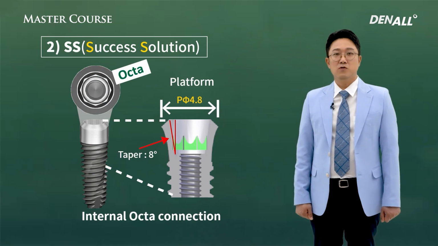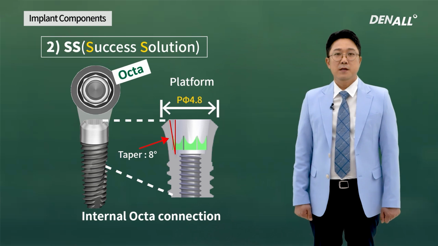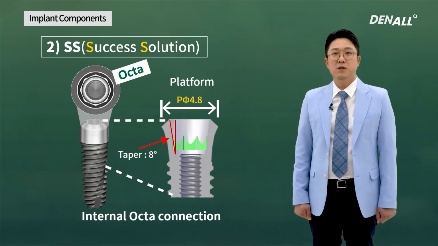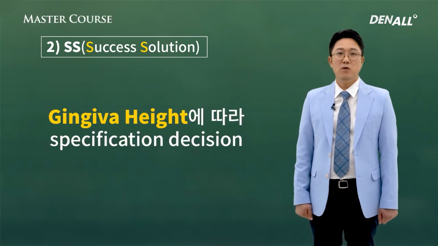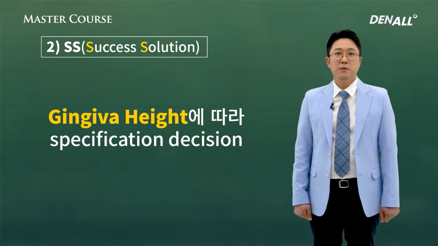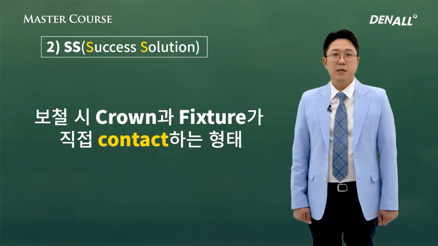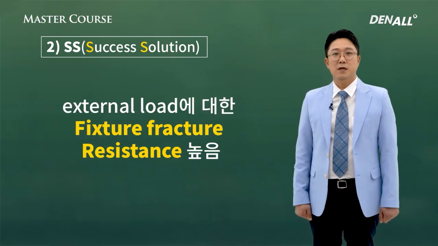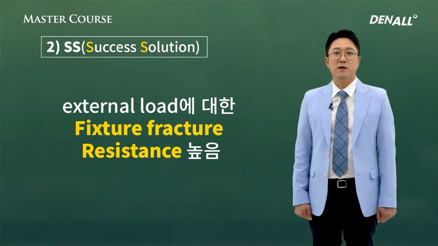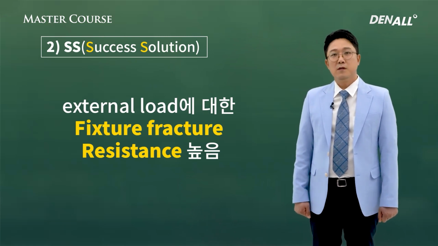The internal structure has octa structure and has 8 degrees in taper. Fixture abutment structures, it has cuff type. It is already there, so you need to place it following tissue level, and prosthesis margin is formed at fixture platform. The internal thickness of fixture is thick, so compared with internal submerged implant, it has high resistance against the